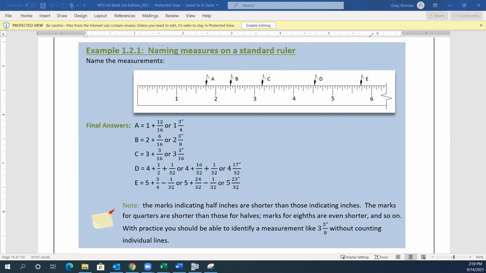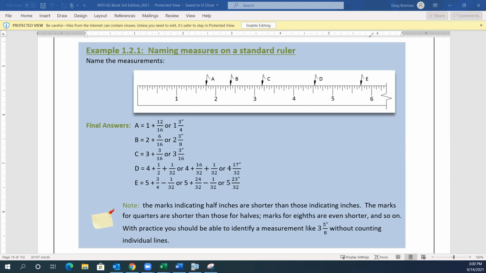And there's also metric. And I know that most of you probably don't care for metric, but metric is a lot easier. The standard ruler kind of evolved over the centuries, and the metric was designed at one time, I forget when, like in the mid-1800s or something, to be the simplest type of measuring system that you could have. So it's really good. Anyway,